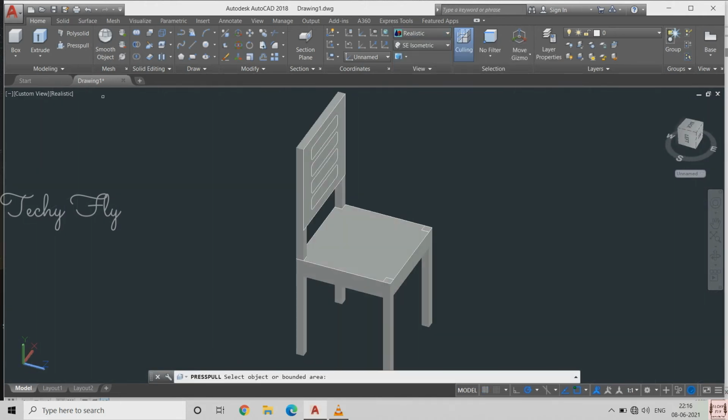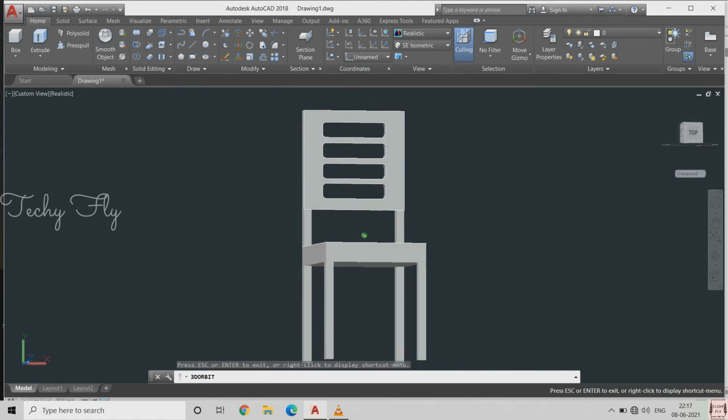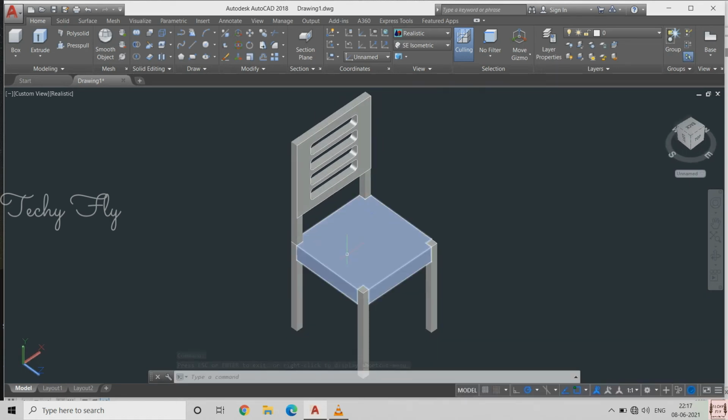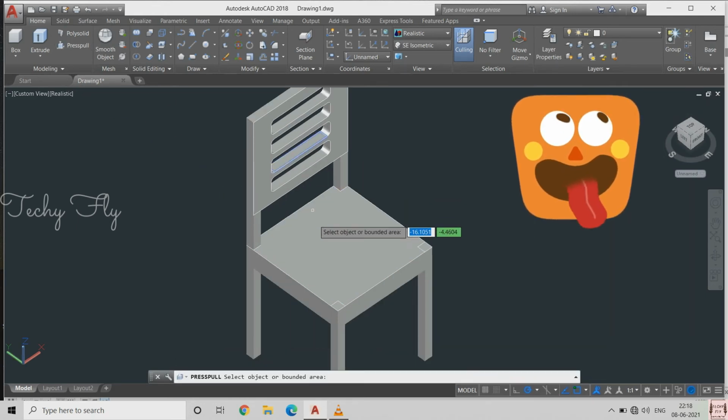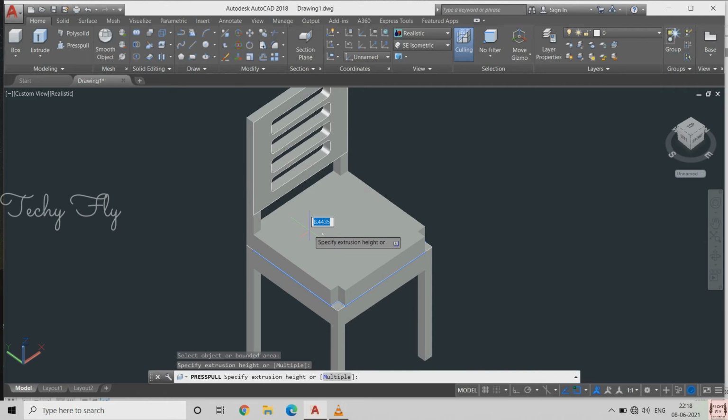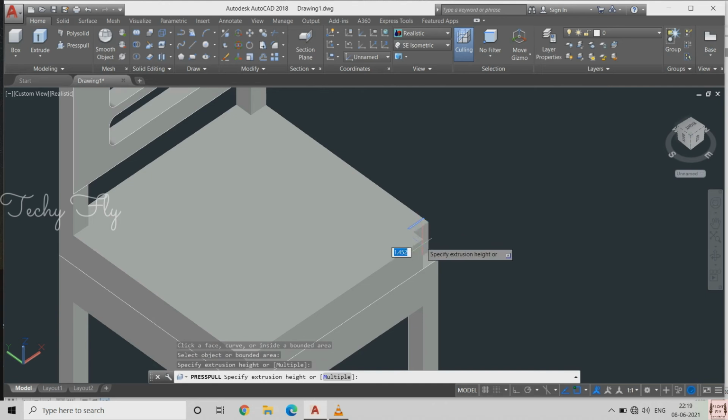You can also turn off grid mode and apply press pull command to form holes as shown on the screen. Shouldn't use extrude command because it wouldn't form holes. To form holes, press pull is the best. Add a cushion to this chair seat for comfortable seating. Take press pull or extrude, anything is okay. Give a distance like 8 mm. Press pull is not applied to the entire rectangle because of the chair sticks, so we can do this manually.